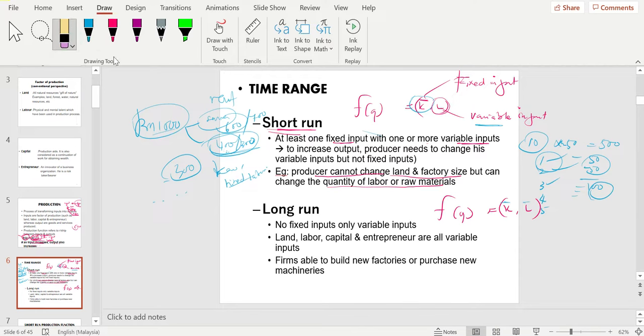Okay, so when there is none, meaning that both inputs are variable, they change. When we say long run, meaning that we already established our business, we are able to sustain our business and we gain our profit, and